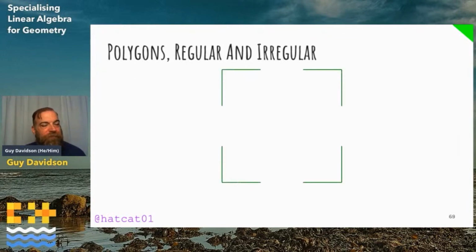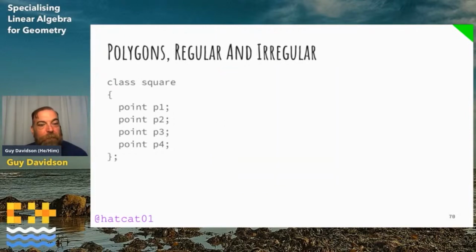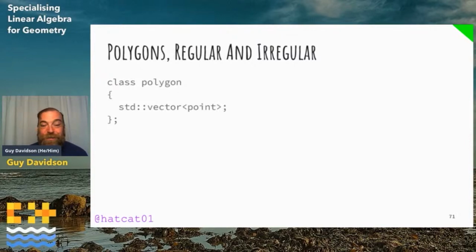What about a square? 4 points, easy. But this isn't going to scale. What about an arbitrary polygon or an enclosed space? Or how about a vector of points and a vector of edges joining the points together? How will that fly? We need to come up with a way of identifying the points. So we could try a vector of points and then a vector of pairs of integers identifying which points are connected in which order, or perhaps a vector of edges. Frankly, the cheapest thing to do is a vector of points and then infer the shape by iterating through them. If you want to cache the edges, you can do that, and that gives us our polygon class.